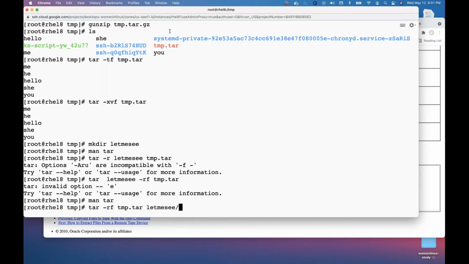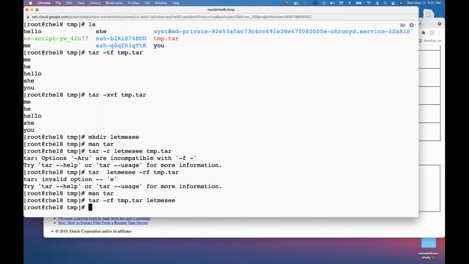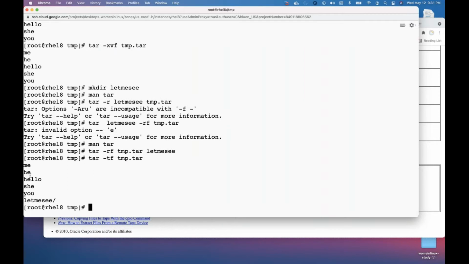All right. So we had the command, then the options, and then the file that we are appending to, and then what we want to append to it. So now when we do a tar -tf on temp.tar, you can see that it appended to the end, and now that's it. And now we can gzip this